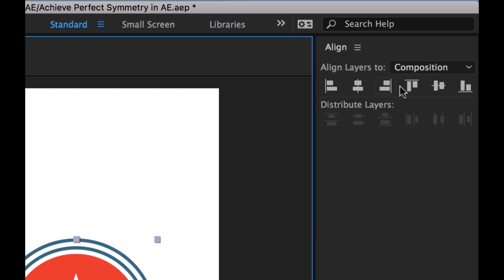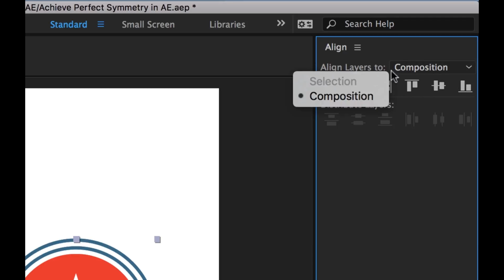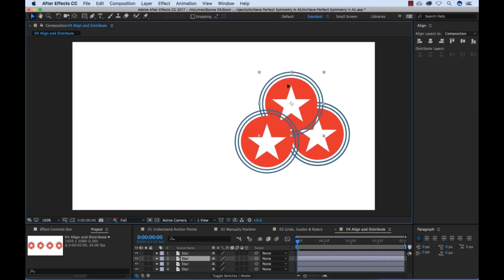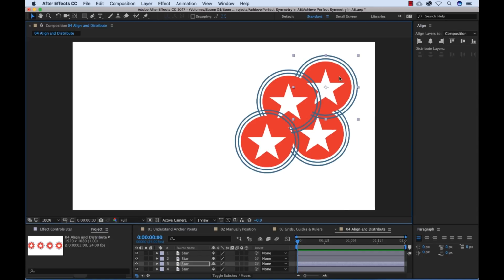Now we can align layers to our composition, or we can align them to another selection. So let me show you how this tool is great. It allows us to move assets around our composition very quickly, much faster than manual positioning, much faster than with grids and guides. So I have actually 4 stars here. And let's say I want these to be aligned to the vertical center, and I want them to be side by side, distributed evenly. So I can quickly grab these and then go up to align,